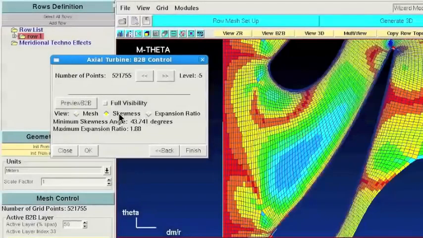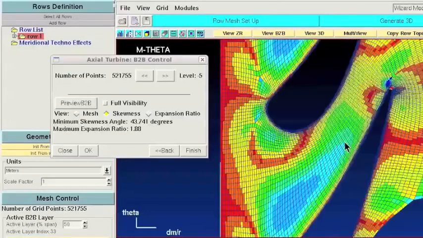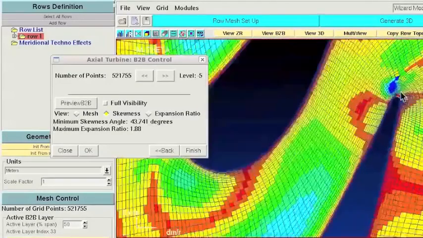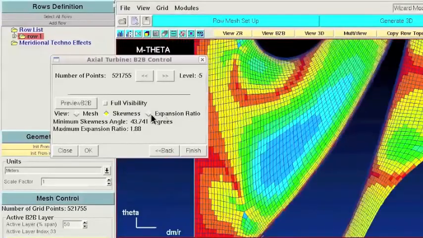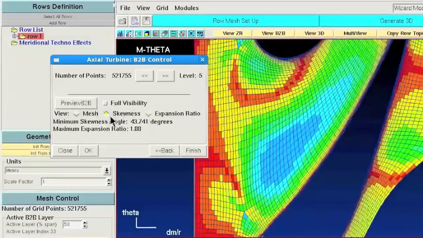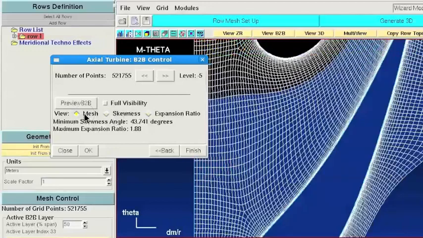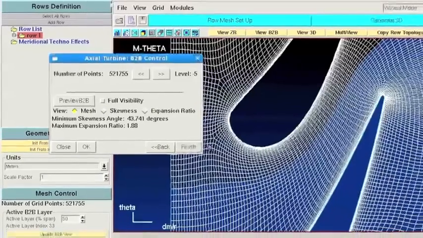So let's take a quick look at the skewness distribution. As you can see, this color map helps you to easily identify potential problematic regions of your mesh, but in this case we already have a minimum skewness of 43 degrees, which is very good. And you can also check the expansion ratio distribution. Once you're done checking grid quality, you can just finish the Raw Mesh Setup Assistant,